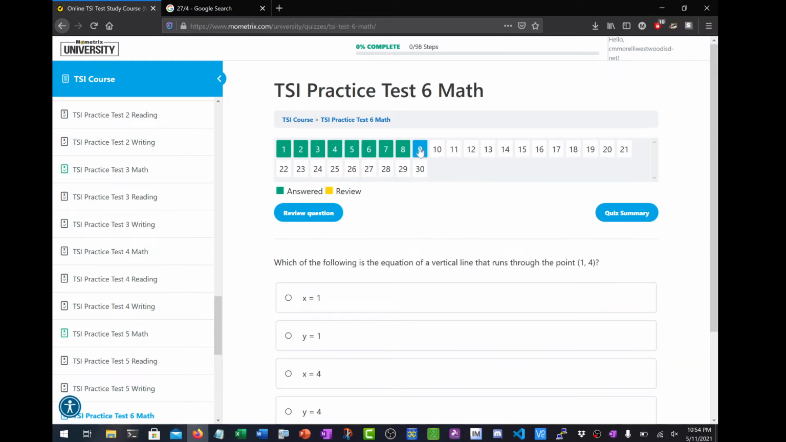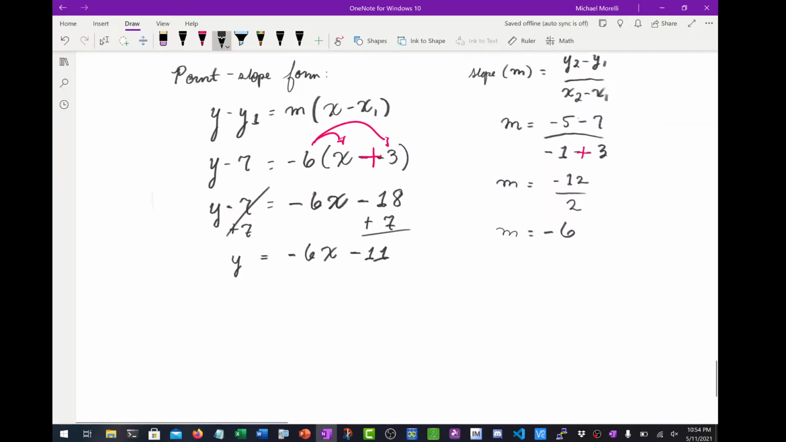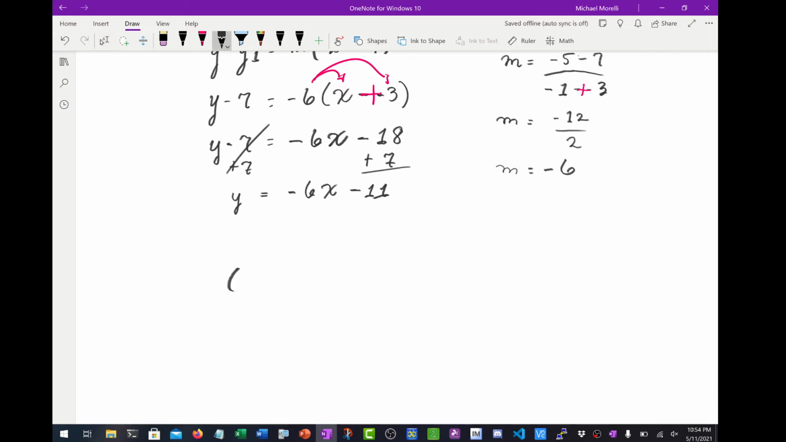Here we're being asked to find the equation of a vertical line that runs through the point 1, 4. Okay. So this is a question that's trying to assess whether the student understands that this is the x value and this is the y value, and that when we're talking about equations of vertical lines, all equations of vertical lines